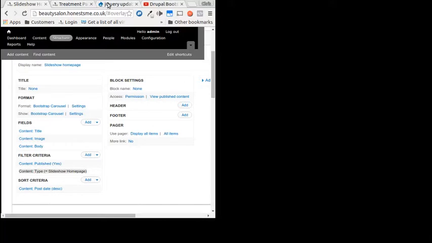Okay, we can do that from the. We can get rid of it here, and we can also get rid of it somewhere else, which is better, because you don't really want to be getting rid of the titles of views. See if I can remember how that's done. So we will go to the display suite, gallery, and we'll go to custom fields, manage fields, and we've got the block for the treatment page gallery, and